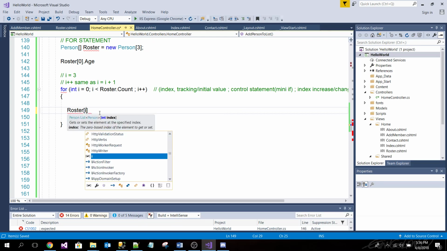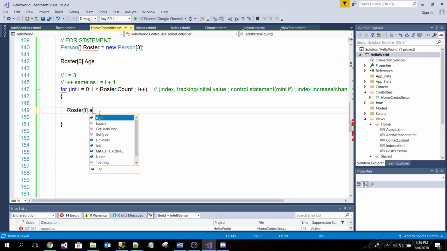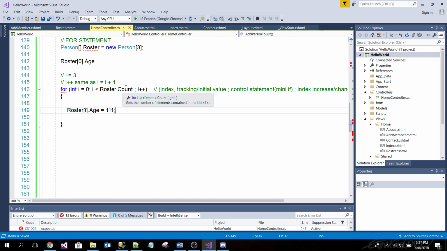That's right. Age equals 111. Exactly. Because this is doing it the number of times that there are in roster, right? And we're changing it to 111 here.